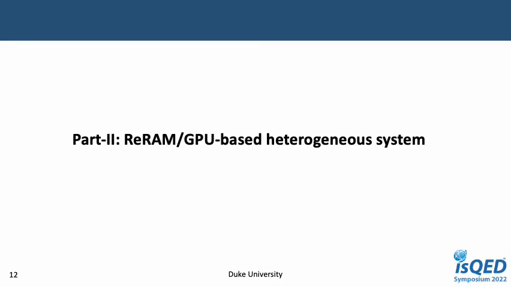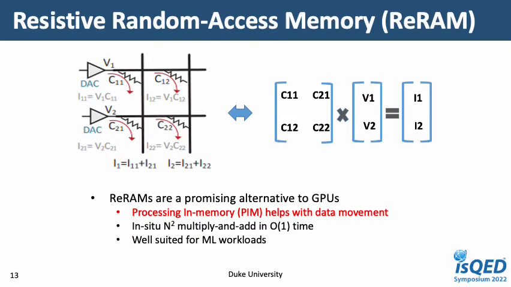So that was the first example of how we can design a CPU GPU based heterogeneous system. Next, I am going to present a ReRAM GPU based heterogeneous system. Now, what is a ReRAM? ReRAM stands for Resistive Random Access Memory, and from the name, as you can guess, it is a memory